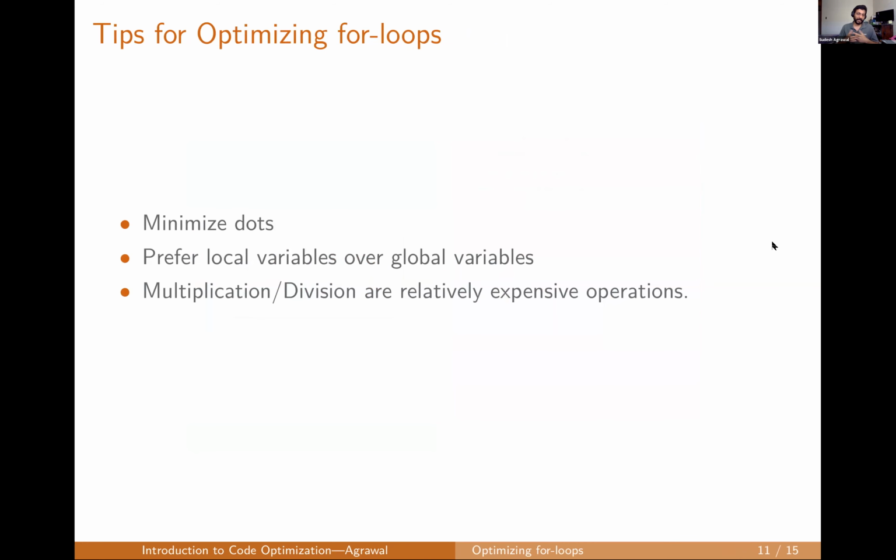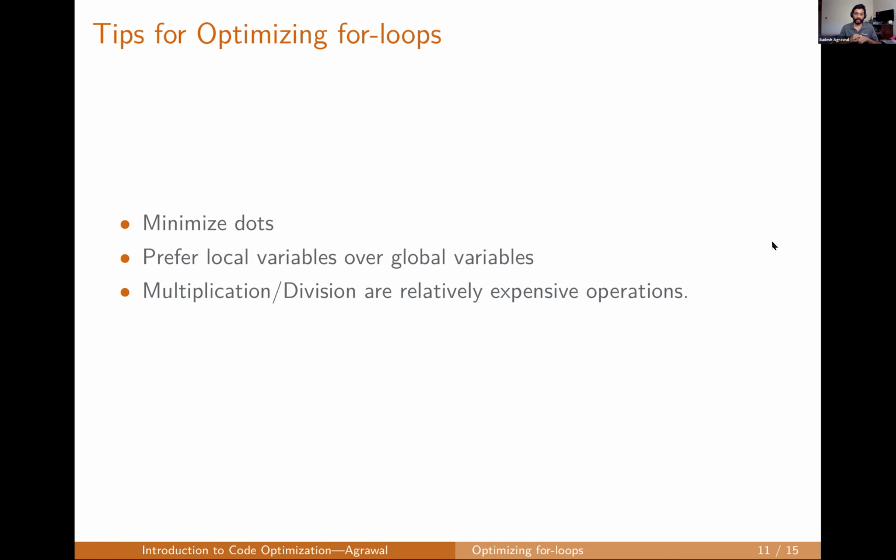There are 3 options that I mentioned here. One is minimize dots. Dots are basically your accessor in any object-oriented programming language. For example, in the demo we use numpy.square. In the numpy library, I'm using the square member method, and so that's the dot. Now, if you have something like that, well, before that, the other tip is